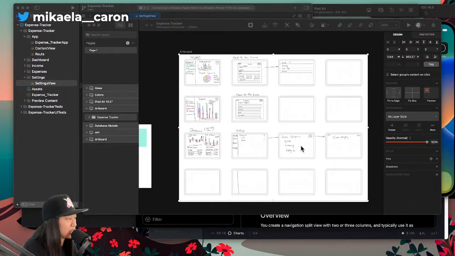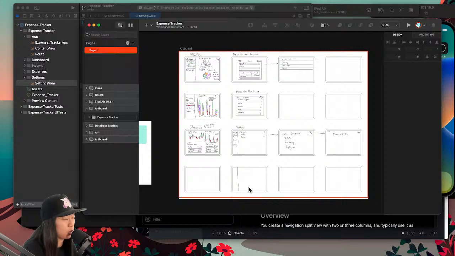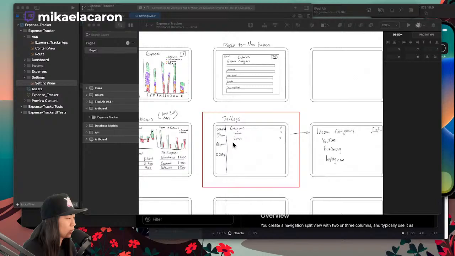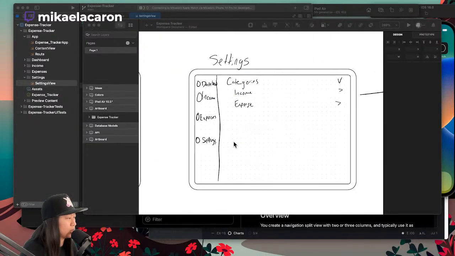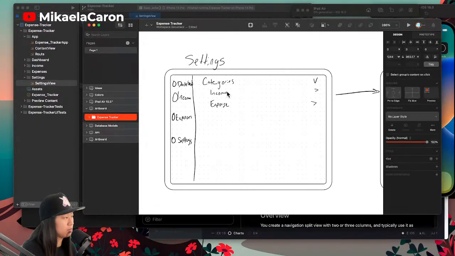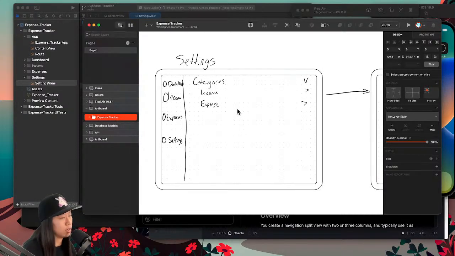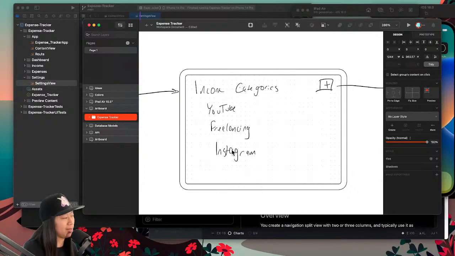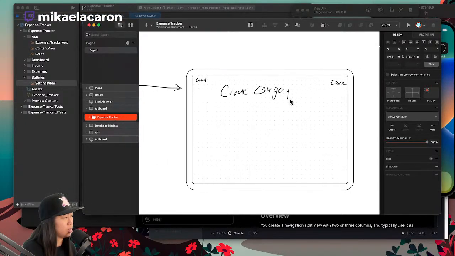So we'll have to keep replacing this one, but you can see a whole other row at the bottom and on the right were added. And those were from the new sketch that we did. So here's what we did last time. It looks like this. We have our sidebar on the left. You have categories. You can click the little caret icon like that. And then the income and expense will have an arrow. When you click on that row, it gives you your income categories and a list of those categories. And then we can click the plus and have a new create category screen,